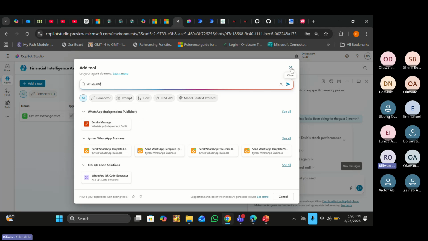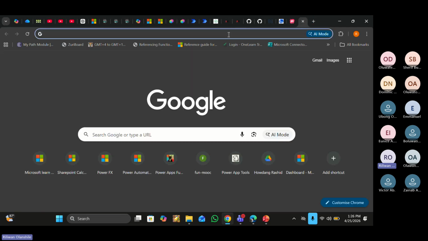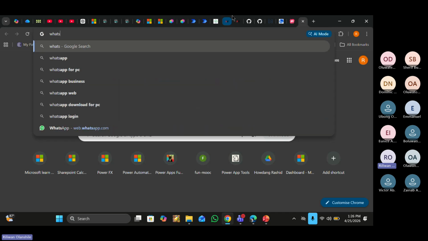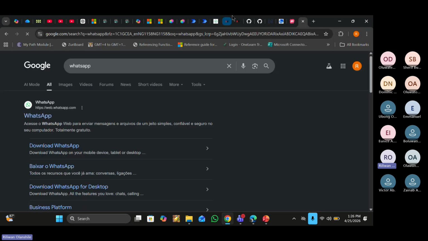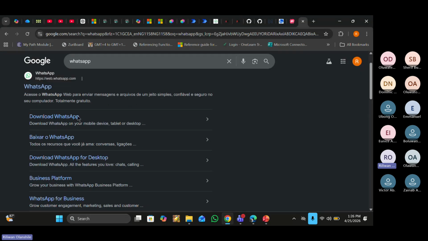But to answer your question, Mr. Emmanuel, if I want to build this myself, I'll first go to WhatsApp.com. There is no site that will not have their developer documentation. Basically, how do you connect to my platform? I didn't build my platform just so that I can be using it by myself or using it alone. I built it so that people can connect to it.